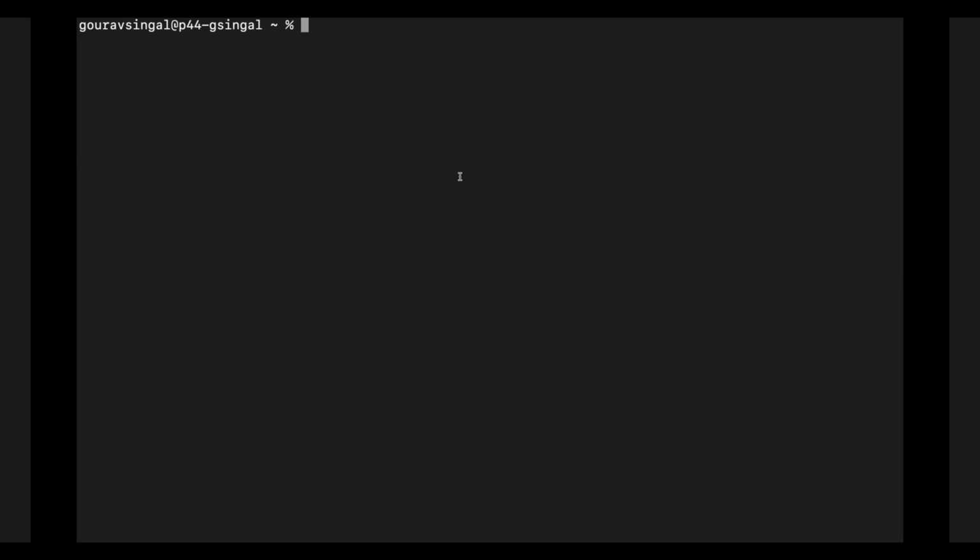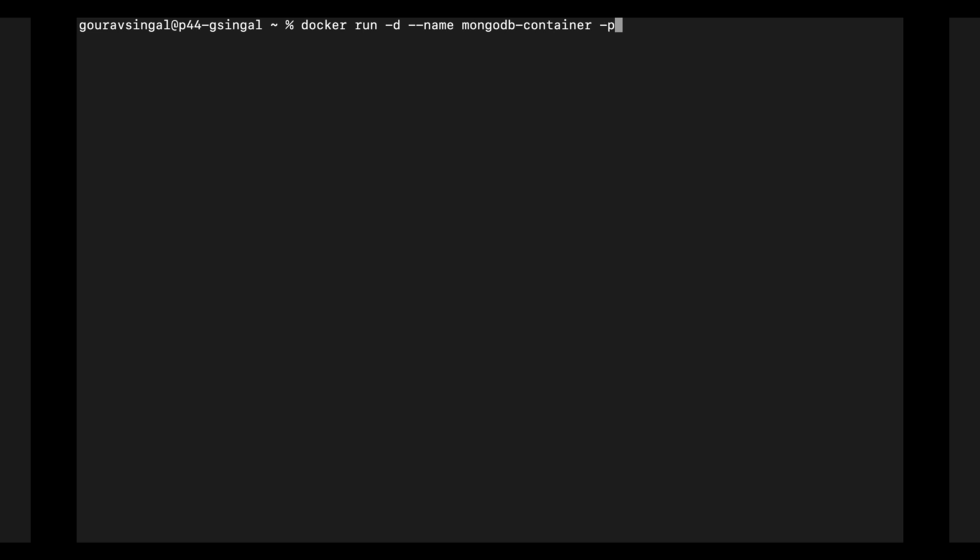We will use the following command: docker run. This particular command tells Docker to start a new container. After that, we will write -d. This runs the container in detached mode, meaning it runs in the background. After that, we will write --name mongodb-container. This gives your container a friendly name so that you can easily manage or reference it later.